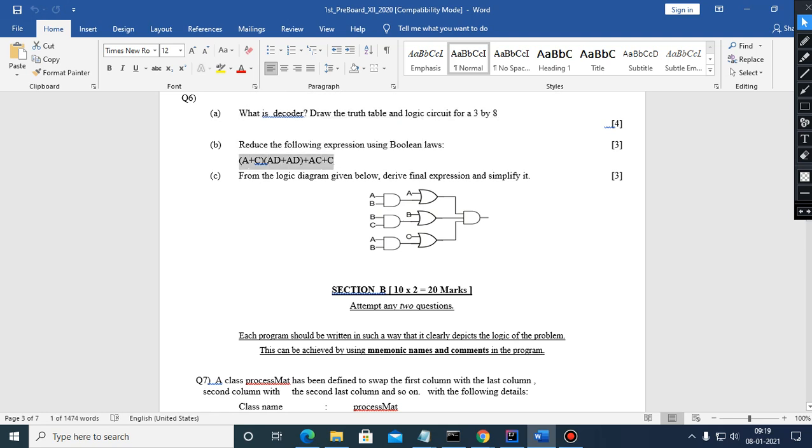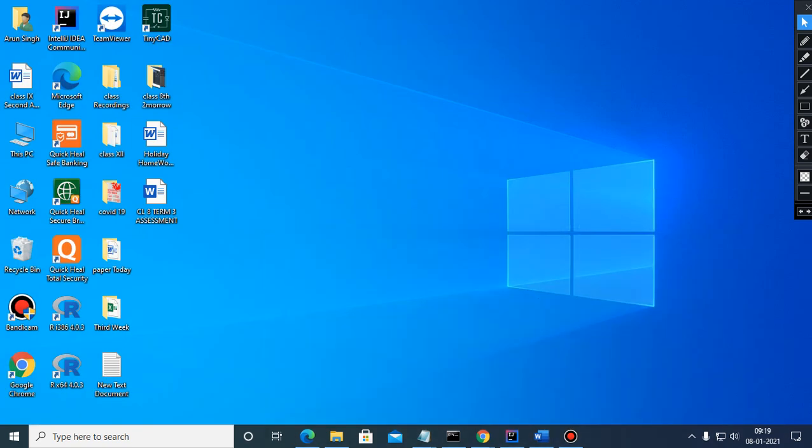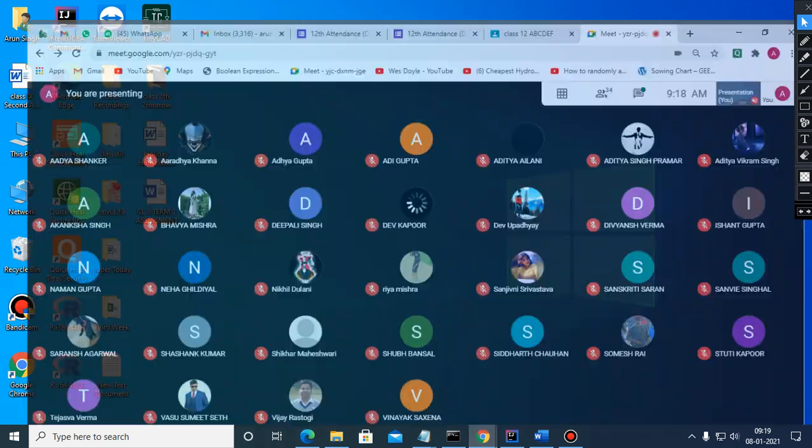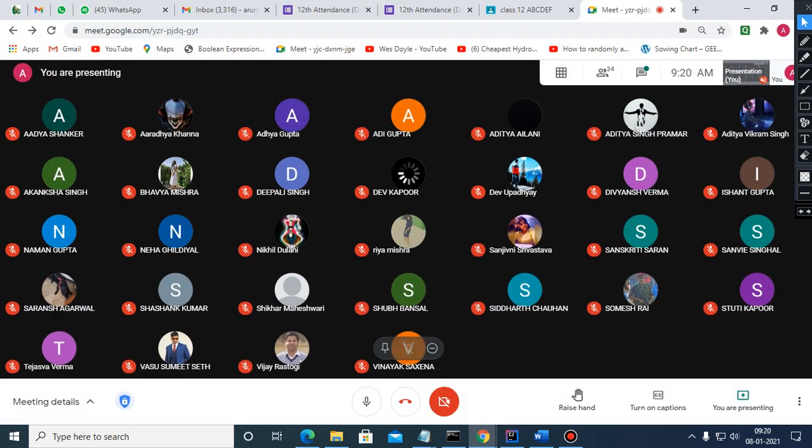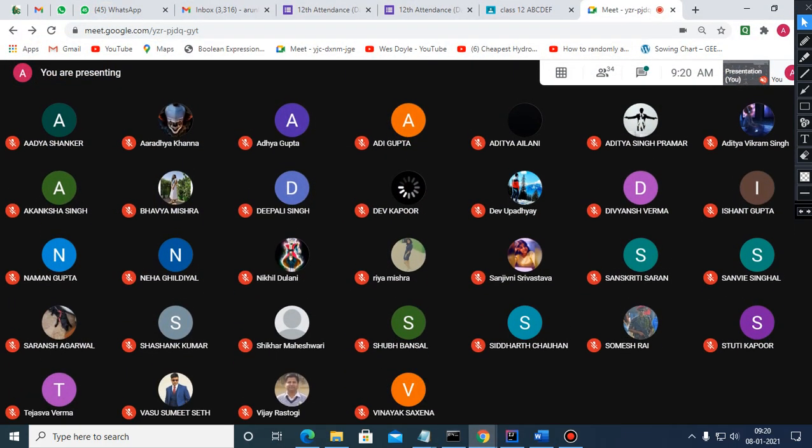In question number C also, most of you have done correct. The problem is that sometimes, children, you need to show the working, show the labeling also in this diagram. If it is a 3 mark question, you write the final expression. So final expression simplification contains 1 mark, and the labeling and final expression contains 1 mark.